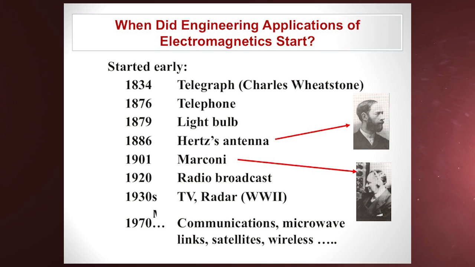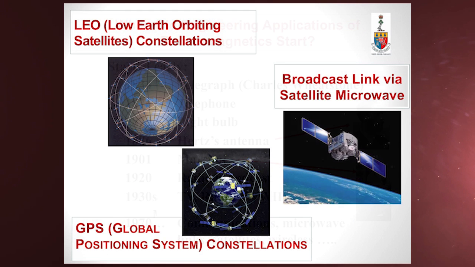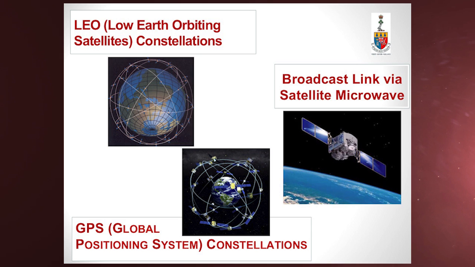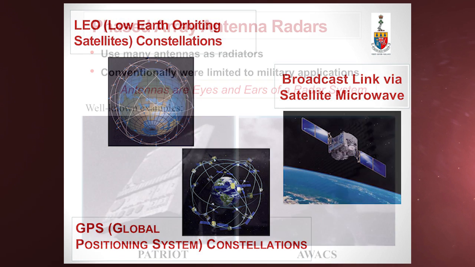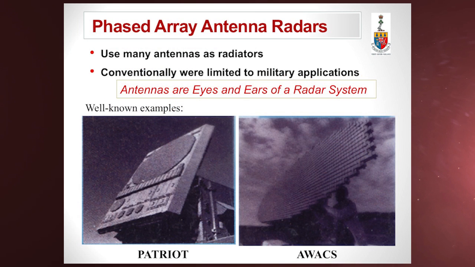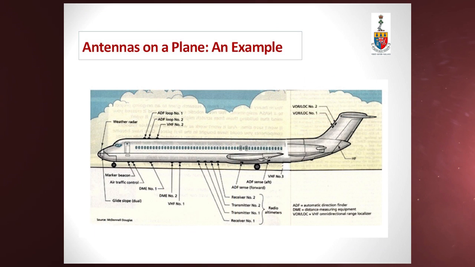How is electromagnetics related to what we have been doing for years? So go back, this is all electromagnetics. In the 70s, communication satellites. Life is getting more interesting, many applications, and radars and so on, and getting complex. And again, you can see here antennas are an important aspect for radars. Any radar without an antenna is obviously a blind, deaf thing.